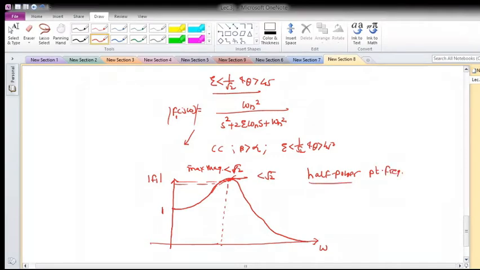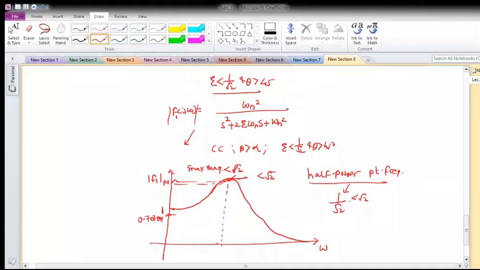Okay, so now how to calculate the half power point frequencies? We know you take the 1 by root 2 of the maximum magnitude which was less than root 2. So what will happen with the magnitude? So here this magnitude, 1 upon root 2 of the maximum which was less than root 2, obviously this will be this, 0.707 of this maximum M, let me call this M, which will obviously be less than 1.